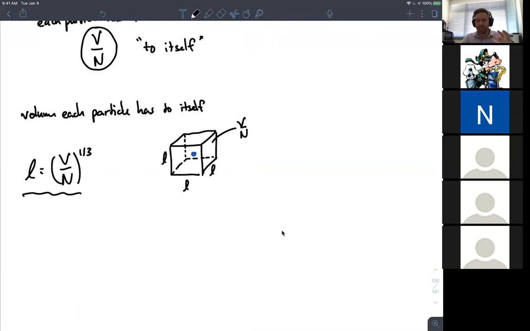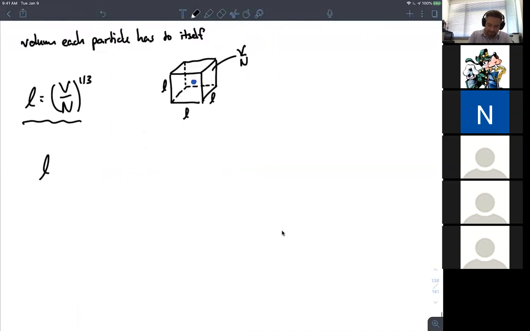So you might expect that when L, which is equal to (V over N) to the 1/3, is on the same order as our thermal wavelength, that is when quantum effects start becoming very obvious. And again, this is 2 pi h bar squared over